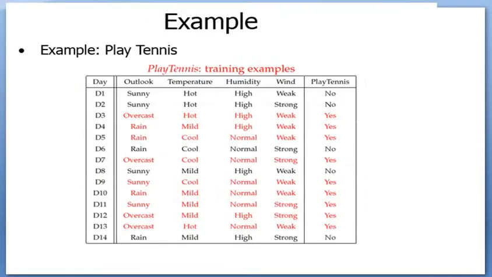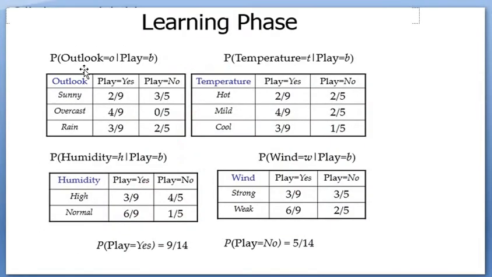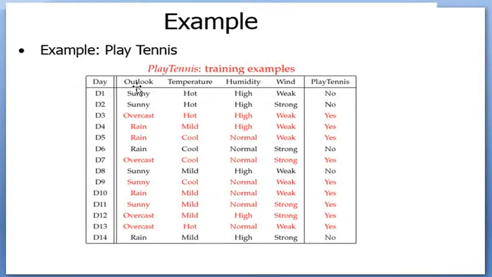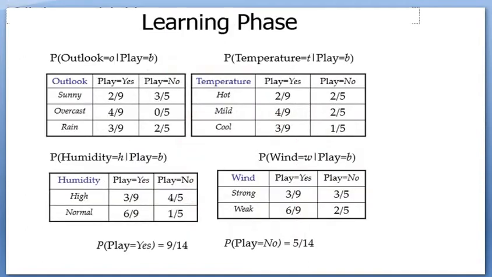First step: we take each attribute and see on how many days he can play and how many days he cannot play. The first attribute here is outlook. How many values are there in outlook? We have 3 different values: sunny, overcast and rain. So write it: sunny, overcast and rain.